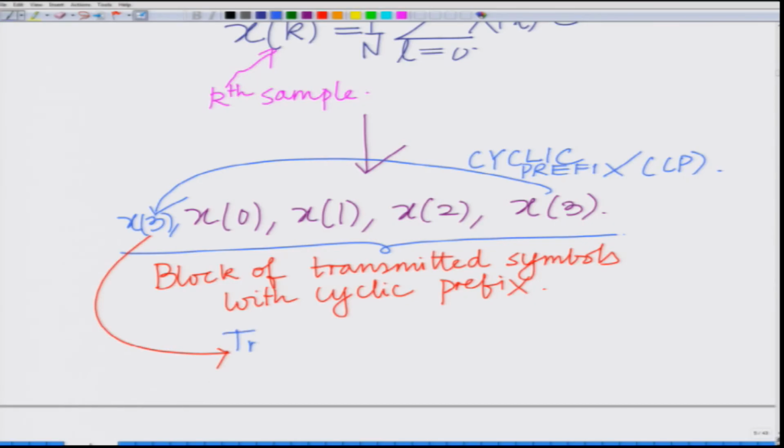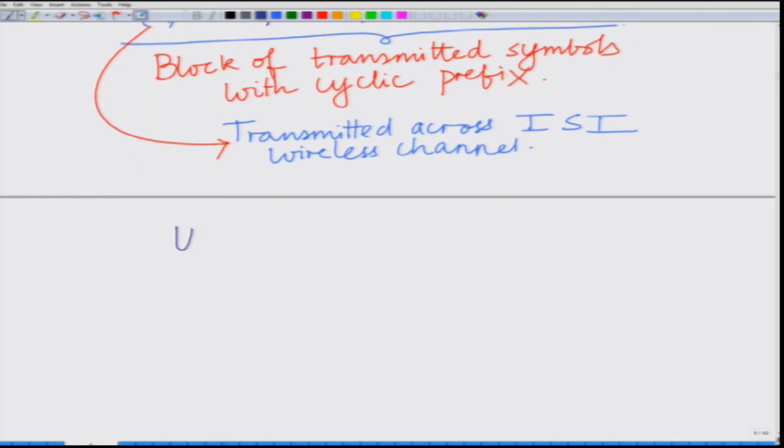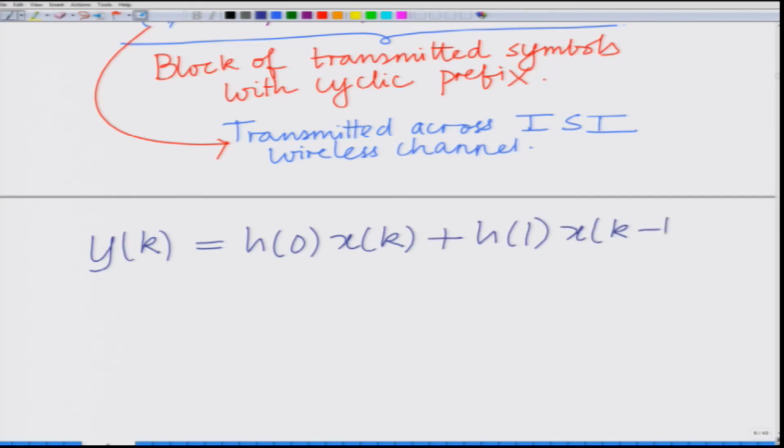This is the block of samples transmitted across your ISI channel, which is yk equals h0 xk plus h1 xk minus 1 plus Vk, and then we have seen many times before that when you transmit this block of